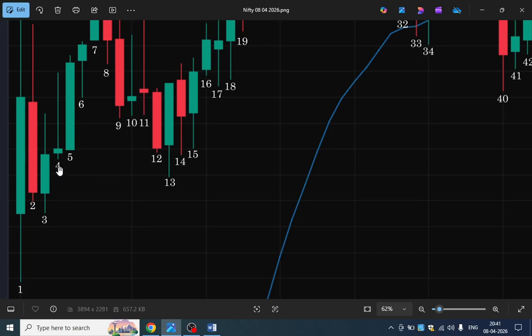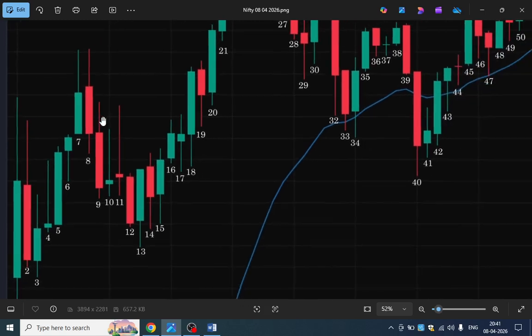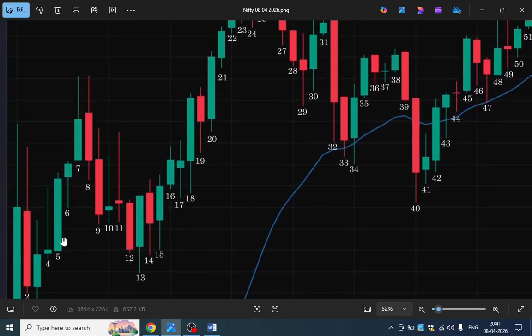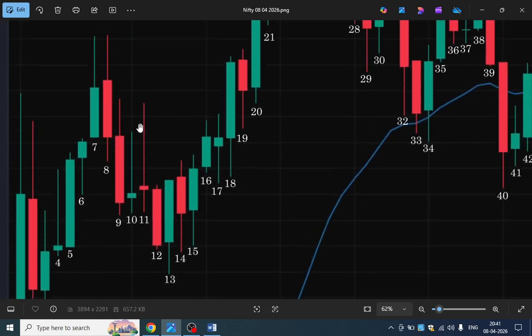I should have waited for this candle to form, and once it hit below this, I should have got out of this trade. But at this bar I got out, and as you can see there was a big move above this, and eventually I could have gone out at break even, but I was worried. I didn't know that after bar 3, 4, 5, 6, 7 this would form.